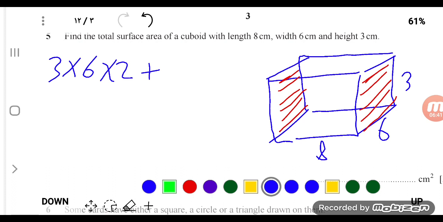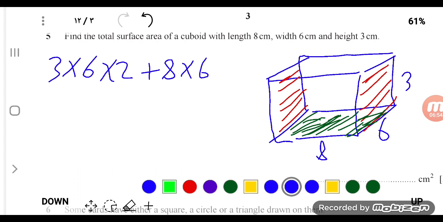Now let us look at the rectangle at the bottom here. What dimensions does it have? 8 times 6. So let me multiply 8 times 6. Because we got another rectangle at the top here, which is similar to this one, you have to multiply this number by 2. So times 2